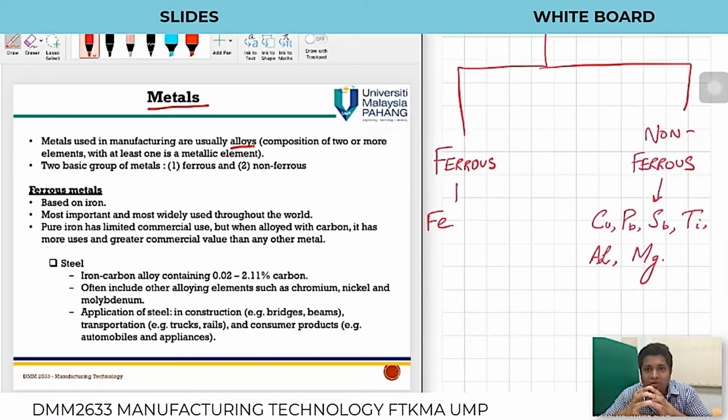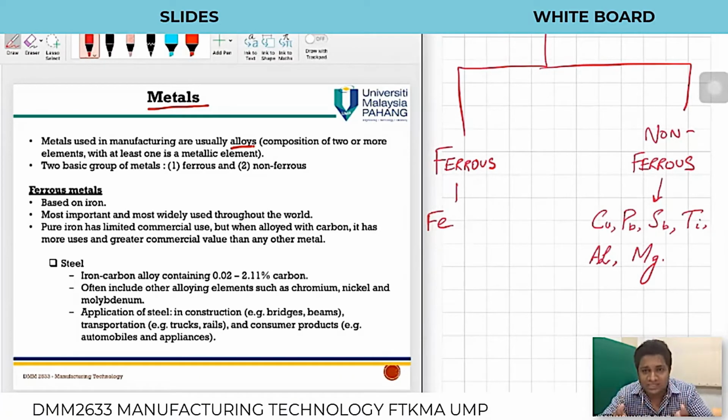Alloy is a combination of metals which, when we add in a metal, its properties are improved. Alloys are metallic materials in which, when a component is added, the properties are improved. The strength is significantly improved. The tensile strength is improved. The corrosion strength is improved. The ductility is improved. The toughness is improved. So that is why we don't use iron in pure form.